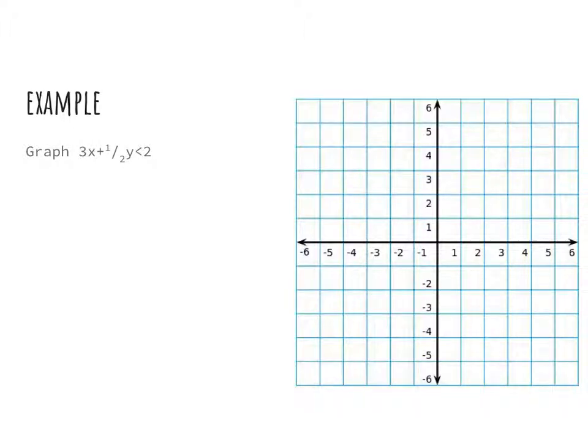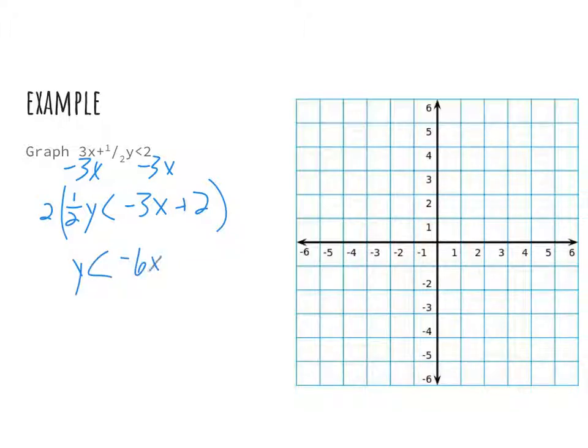Our second example, graph 3x plus a half y less than 2. Again, I solve for y, subtract 3x from both sides. I get 1/2 y less than negative 3x plus 2. Multiply everything by 2. Y is less than negative 6x plus 4. Okay. So again, graphing this line, my y-intercept is 4. My slope is negative 6, so I go down 6 over 1. Okay, so I can connect these with a line